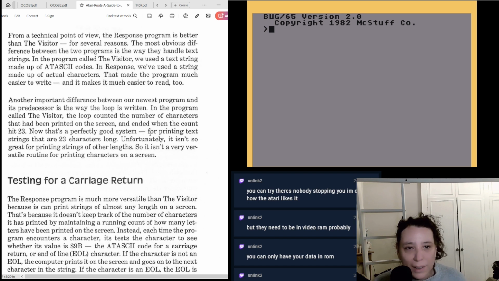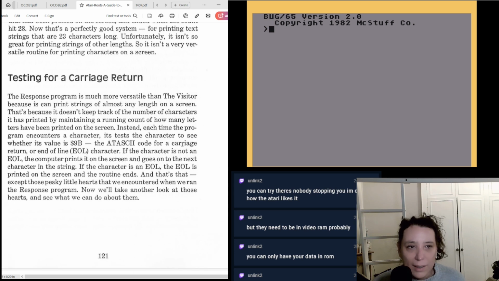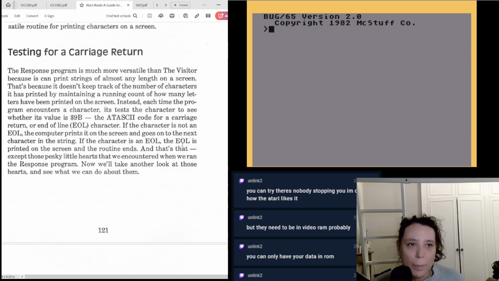Now that's a perfectly good system for printing text strings that are 23 characters long. Unfortunately, it isn't so great for printing strings of other lengths. So it isn't very versatile. It's not a very versatile routine for printing screen characters on a screen. Testing for a carriage return. The response program is much more versatile than the visitor because it can print strings of almost any length on